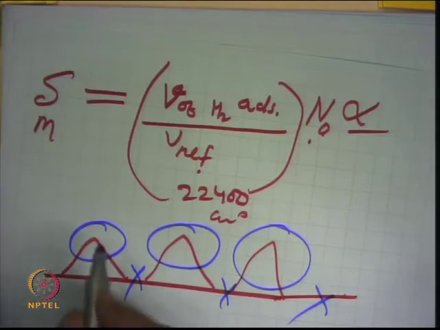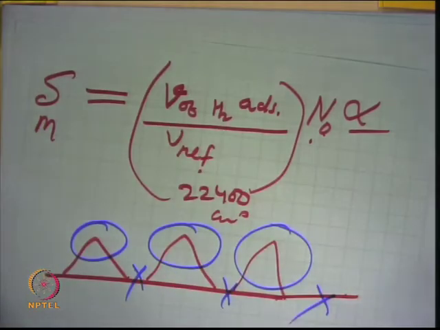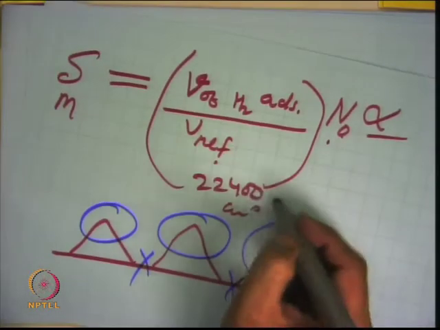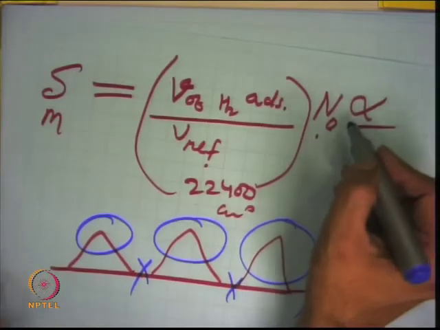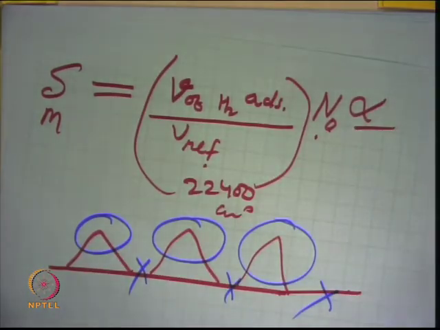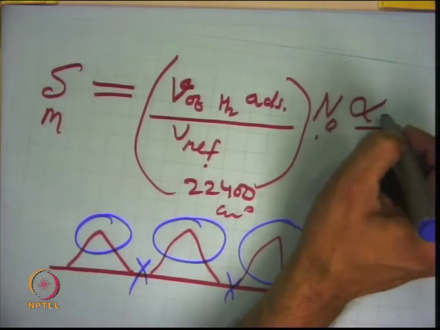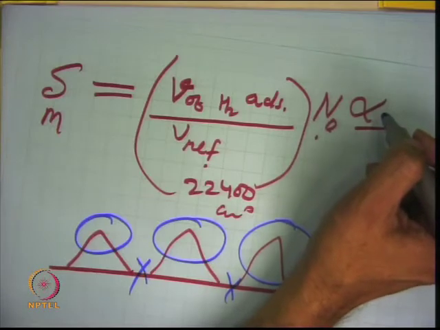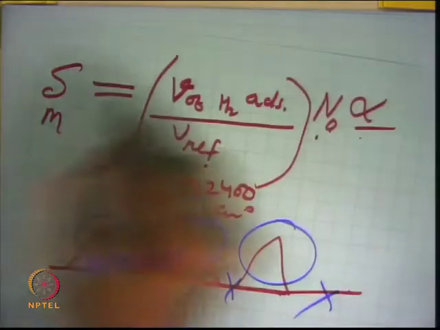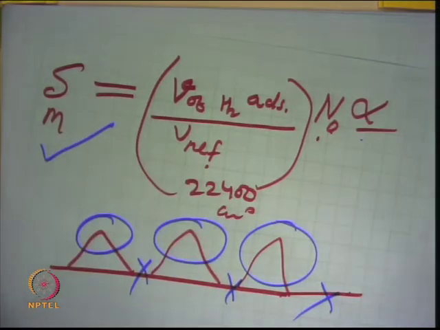So, I can very easily find out the volume of the hydrogen gas which is adsorbed, and you know that at standard conditions of temperature and pressure, 1 gram mole of gas has 22,400 cc volume, and which will have N0, or Avogadro number, of molecules. So, if you know the area of one molecule of hydrogen, just like for nitrogen we said 16.2 angstrom square, you can find out the total area of the surface which is the chemisorptive area.